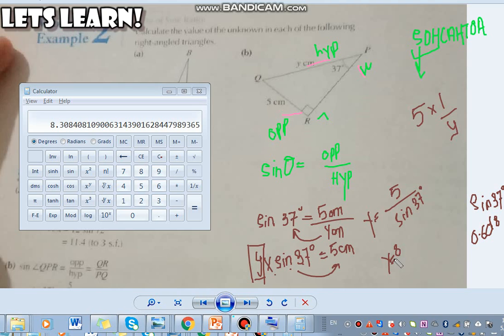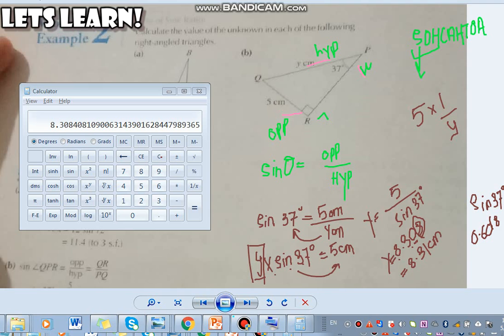Again, because this is not the properly calculated answer, this is a rough idea. So when you do it in the calculator, you will get a more precise and more accurate answer. 8.304, I have taken 4 figures here. I'll be rounding off further into 3 figures. This is my first, second and the third figure. We will underline this, and we will circle this. This 8 is more than 5, so plus 1 to the 0, I'll be getting 8.31 centimeter.